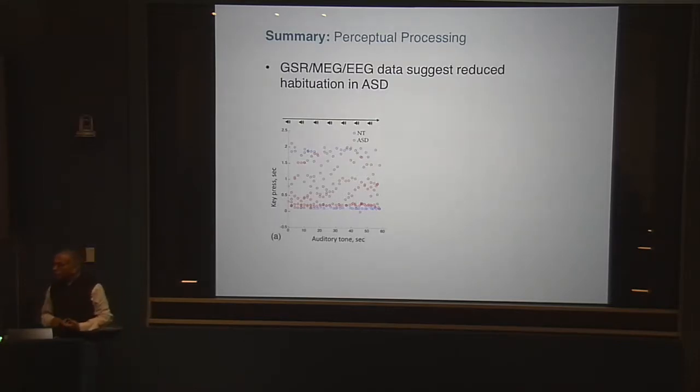all over the place. So in this overt motor response, there seems to be evidence of this kind of irregularity in production. And if this is an endogenously perceived irregularity, then it stands to reason why we might be seeing the reduction in habituation that we're seeing in our other results.